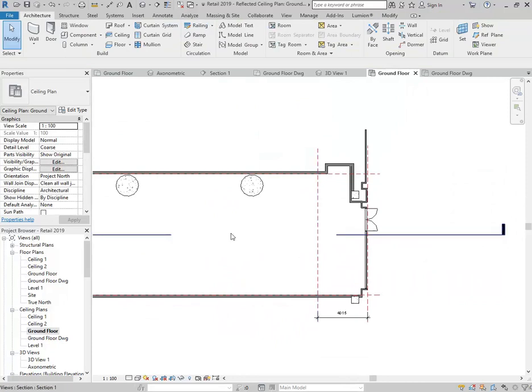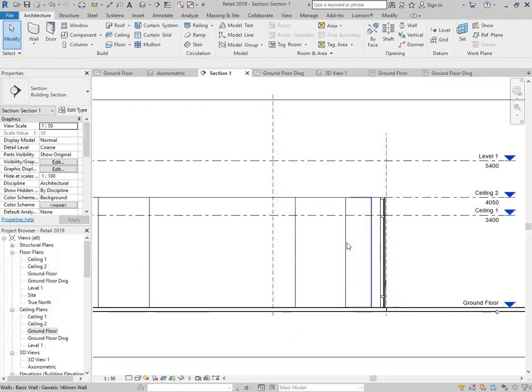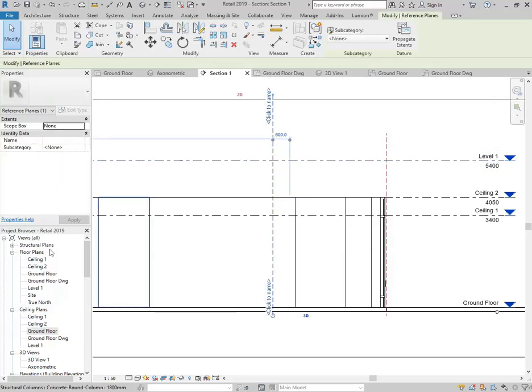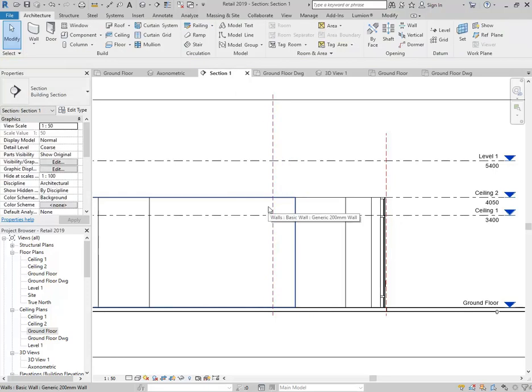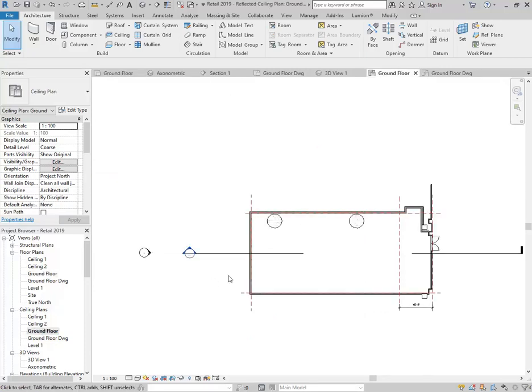And it's important that you have that, because now if we go to, say, a section view, again we can see that reference plane there as well. So that maybe gives you a better idea, hopefully, of the importance of reference planes and why they're used a lot in Revit, because they go through from views like your plan to views like sections and elevations as well. So back to my, again, ground floor ceiling plan,